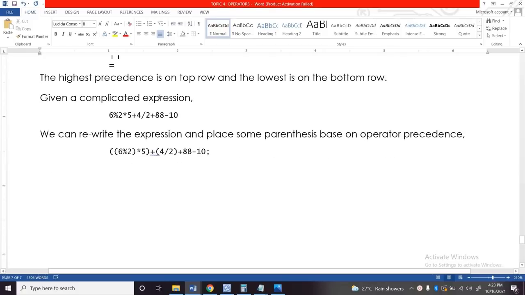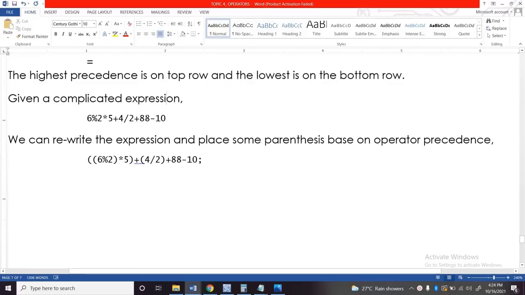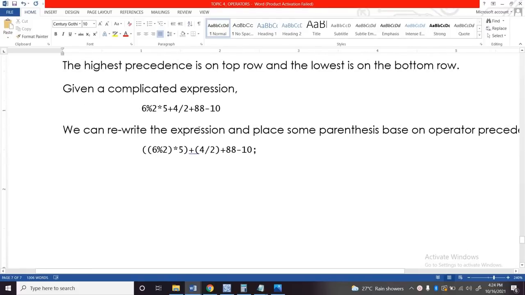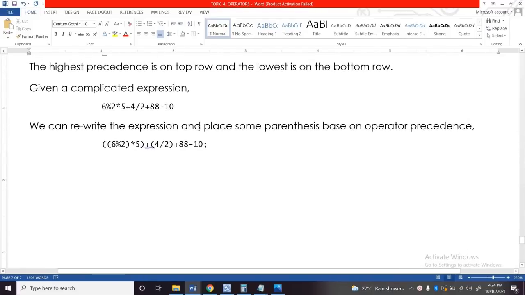So, given a complicated expression, we have here as an example, no? 6 mod 2 times 5 plus 4 divided by 2 plus 88 minus 10. Okay, so in order for us to have a clearer na operator for our precedence, we can write the expression and place some parentheses based on operator precedence. So ano ba yung uunahin niya dito? As you can see, we have